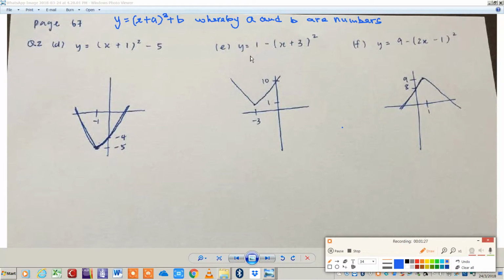This one, let's rearrange it. Okay. So this is also in a completing the square format. This one, rearrange again: (2x minus 1) squared plus 9. Okay. Now,